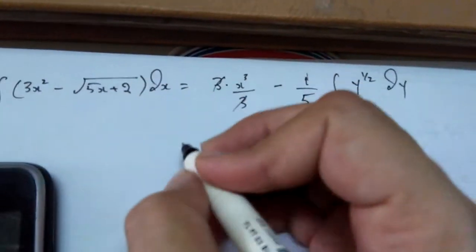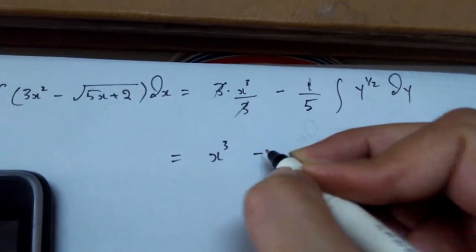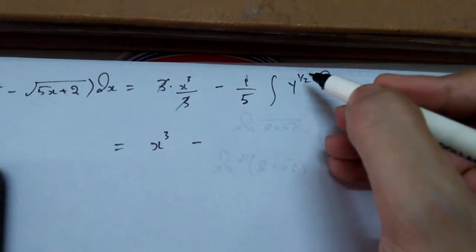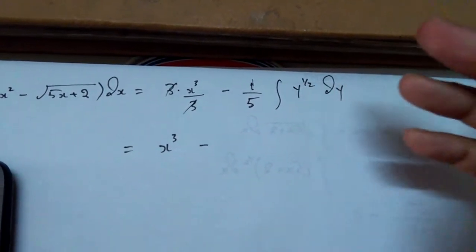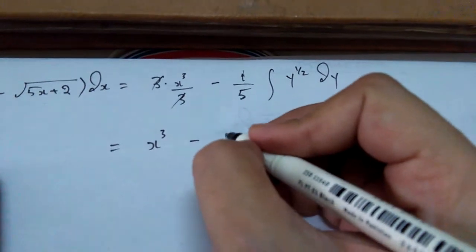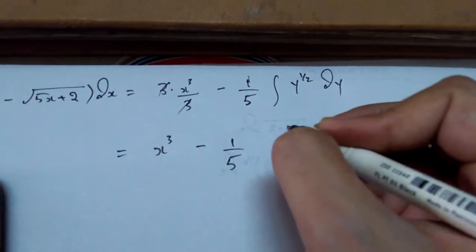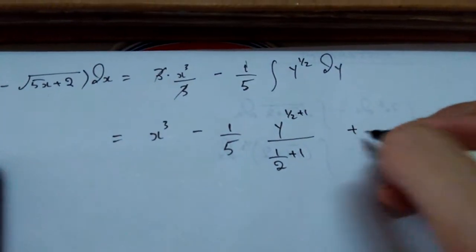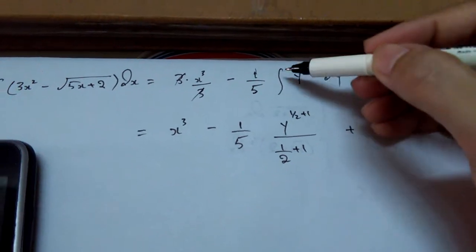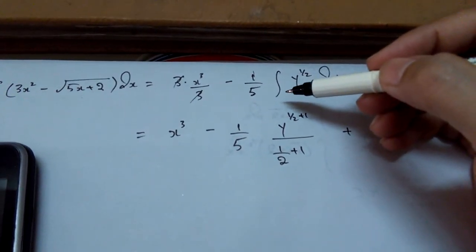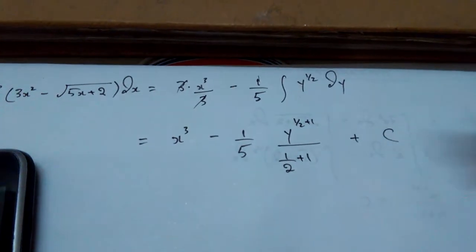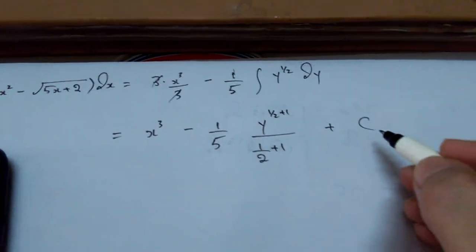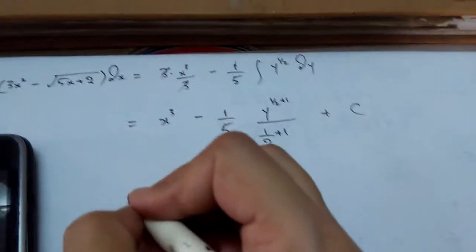So you see 3 and 3 get cancelled and you are having x cubed here just, and over here once again you can see that this is an integral of some variable having some power. So you're going to insert once again the formula of your xn here. So the integral of xn is xn plus 1 upon n plus 1 plus some constant, because you are not having the limits in the integral. This is an indefinite integral, that's why. Whenever you are dealing with indefinite integrals, you're not having limits there. So in order to put the compensation, you put a constant at the end. Okay, so